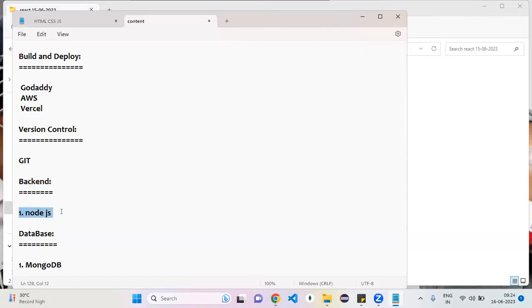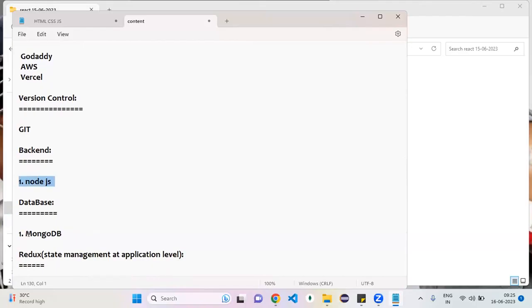So for my backend, we are going to use Node.js. If you have knowledge of Java, no problem. You can create one backend endpoint. I will tell how to communicate with that endpoint by using React. Okay. So once my React communicates with Node.js, my Node.js is going to keep the data within the database,